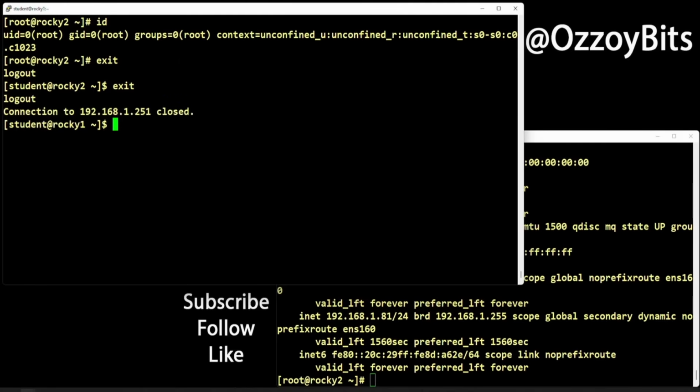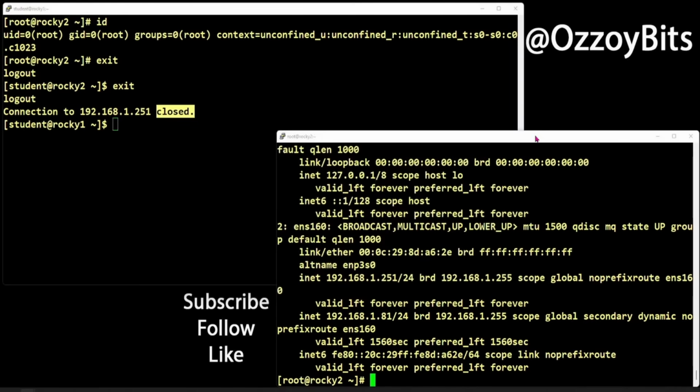If I type exit again, I am back to Rocky 1 and the session was completely closed off. So if you are stubborn enough and you want to allow the root user to connect, you just go to the machine you want to connect to. You edit a file called /etc/ssh